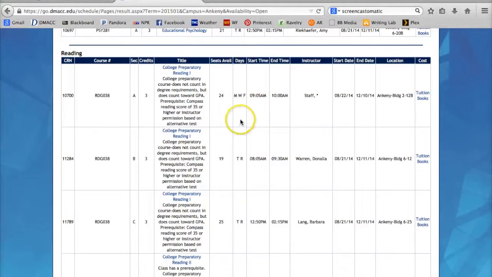Days: Monday, Wednesday, Friday is the MWF, T is Tuesday, and R is Thursday. I used to get a lot of questions about that. What does that R stand for? Seats available. So these are how many people are,